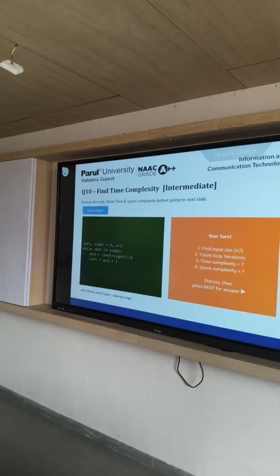ऑर्डर ऑफ एन, जैसे कि आप एक्स्ट्रा डेटा स्ट्रक्चर का यूज कर रहे हो, जैसे कि कोई प्रॉब्लम को सॉल्व कर रहे हो तो आपको एक स्टैक डेटा स्ट्रक्चर क्रिएट करने की जरूरत पड़ रही है, तो वहां पे स्पेस कॉम्प्लेक्सिटी हो जाएगी ऑर्डर ऑफ एन। वैसे कोई प्रॉब्लम को सॉल्व करना है तो उसके लिए आपको एक और खुद से एरे क्रिएट करना पड़ रहा है, राइट, जो आपको नहीं करना पड़ा बट सॉल्व करने के लिए आपने क्रिएट किया है। स्पेस कॉम्प्लेक्सिटी यू कैन सिंपली से ऑर्डर ऑफ एन, राइट। इट डिपेंड्स कि तुमने कोड क्या लिखा है, उसके ऊपर डिपेंड करता है कंप्लीटली।